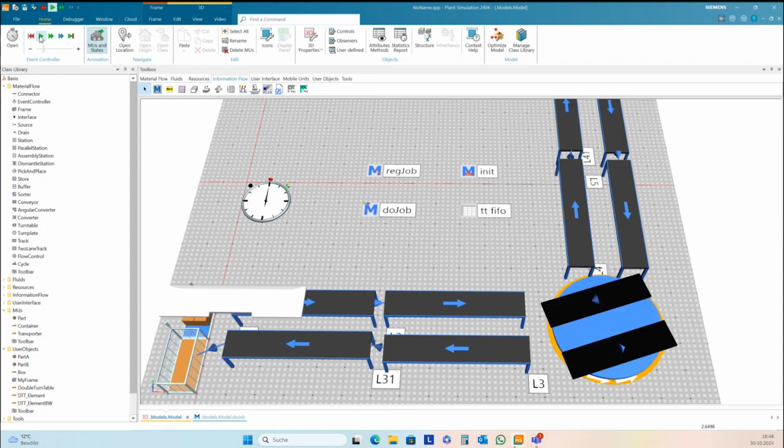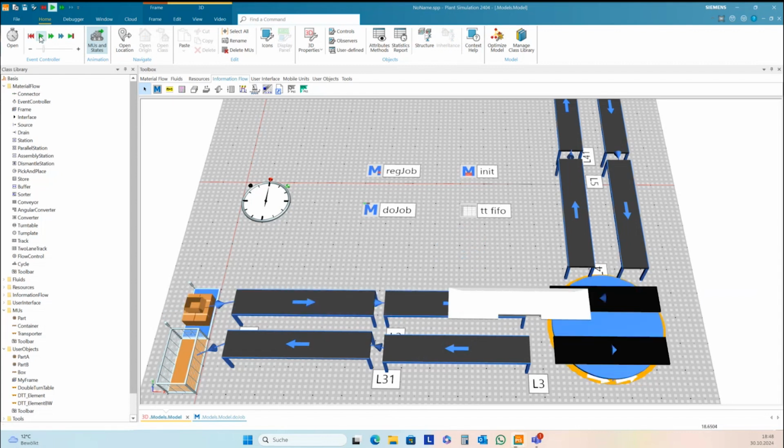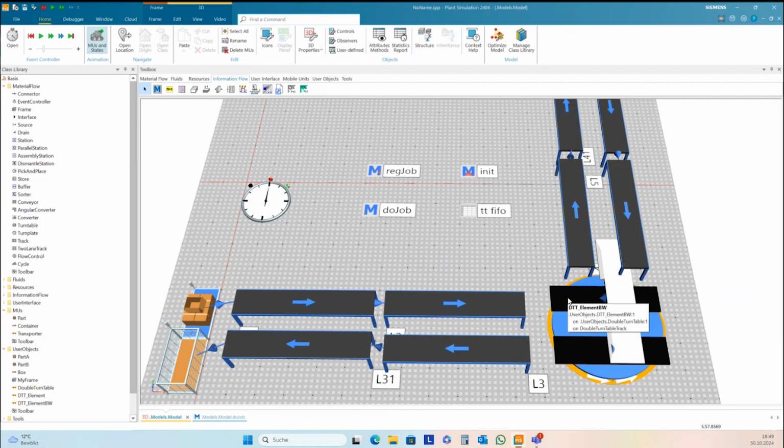Okay, once again. I need to turn this by 270 degrees, and then we need to change the position of this part here.